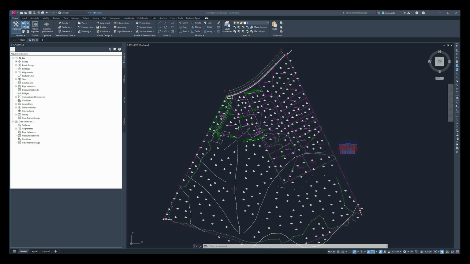Alright, this is part 6, creating a TIN surface. So before we get on to creating a TIN surface, let's talk a little bit about them. TIN stands for triangulated irregular network. And what it does is it creates a system of lines that form the triangles that are going to make